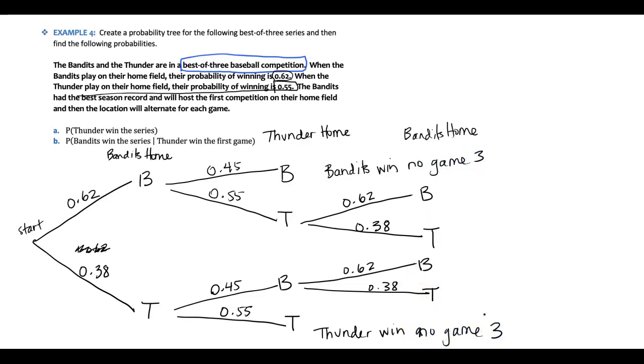Now let's complete our tree by putting the probabilities at the end of each branch. So remember the probability of intersection, we're going to multiply 0.62 for Bandits win first and 0.45 for Bandits win second, and I get 0.279 or 279 thousandths. Let's take a look at the next one. Bandits, Thunder, Bandits. We get